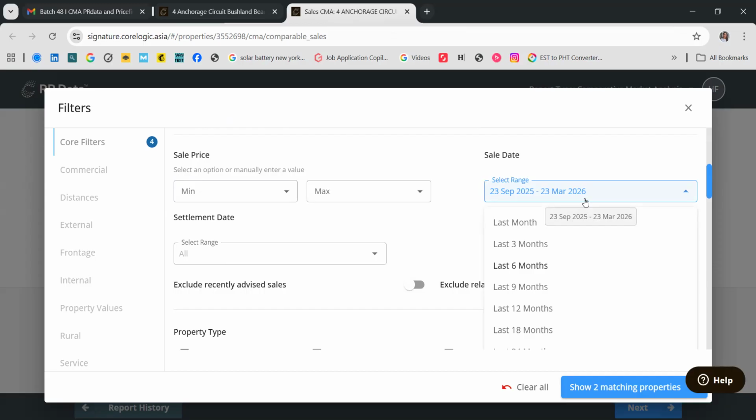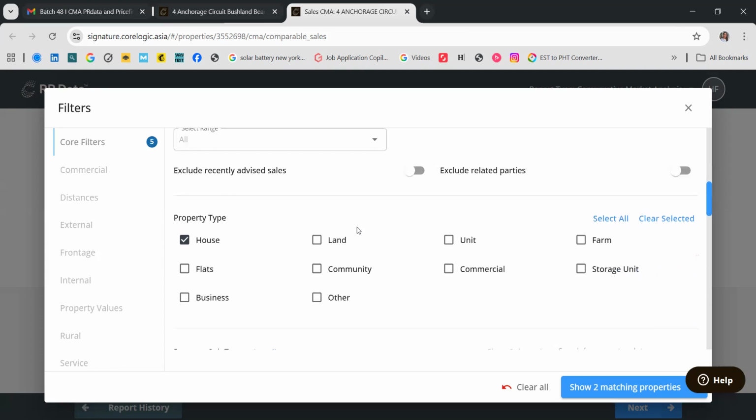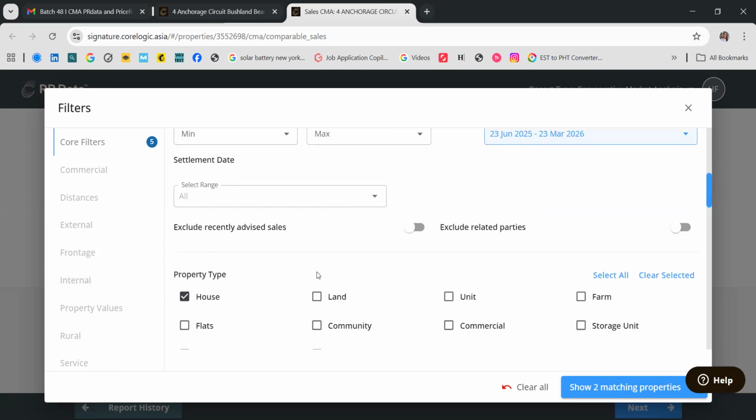You can retrieve the properties for the last 3 months, but for this one, let's try to search for the last 9 months. So that's from March 23rd to June 23rd. I'll backtrack to June 23rd, 2025. Now, skip this settlement date.